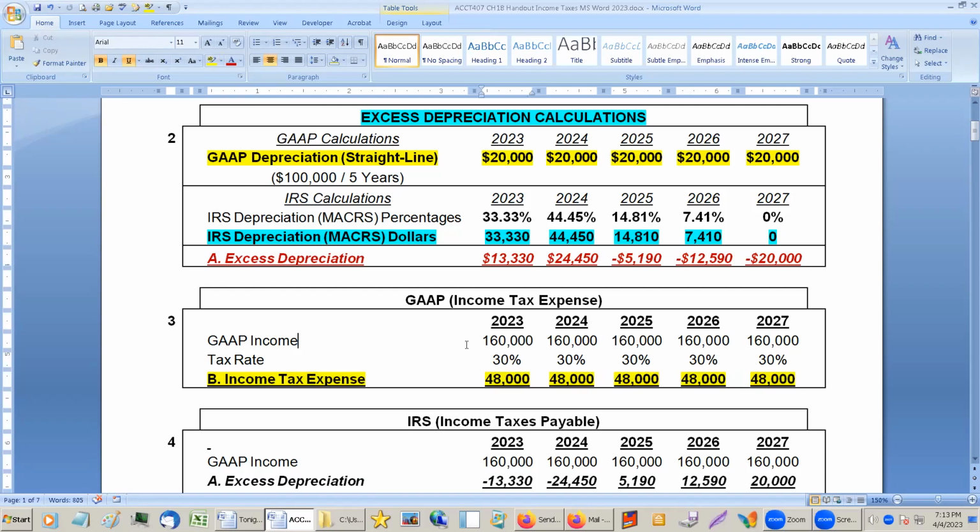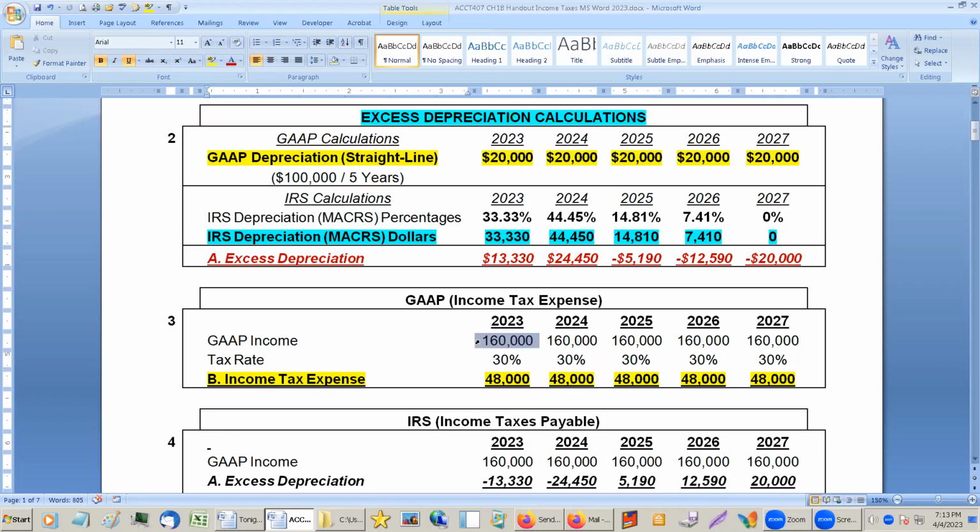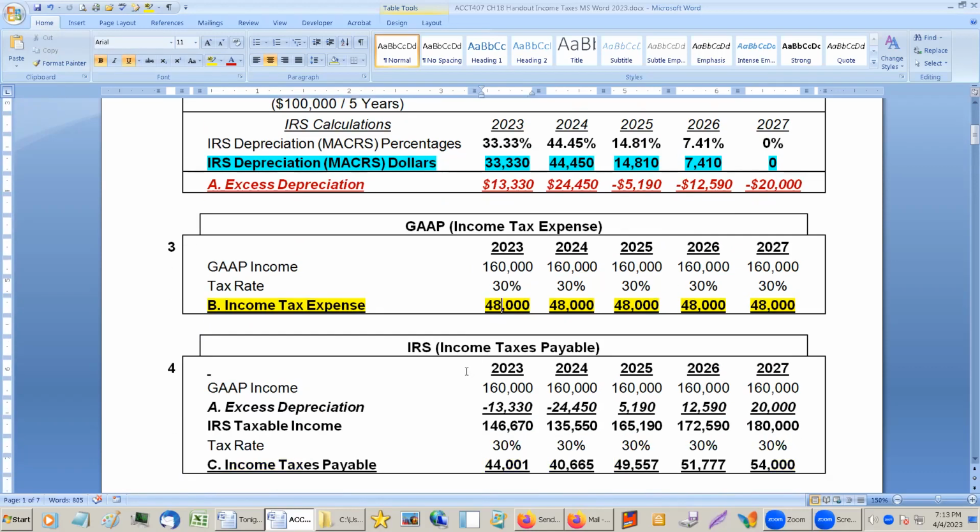So we have our GAAP income of 160,000 times 30%. So we'll pay taxes every year of 48,000. This will be our income tax expense. This is how much income we're showing for GAAP. This is our tax rate. This is what we're showing as our expense. Now, we're not going to be paying that to the government,